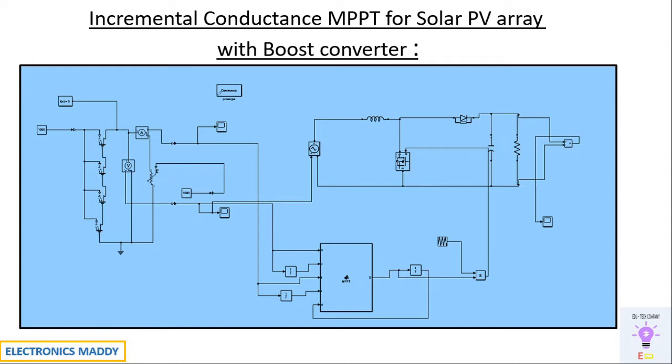So how do we interface? There are various algorithms at the first place. Incremental conductance is one of those algorithms, and I'll be explaining this only with respect to incremental conductance. However, there are other techniques with respect to MPPT systems as well. An MPPT system is used to ensure that the switching pulses to the switch used over here, the MOSFET, will be adjusted such that maximum power is being tracked from the solar PV system that we have, and consequently the output voltage will be increased to a value suitable to the requirement.